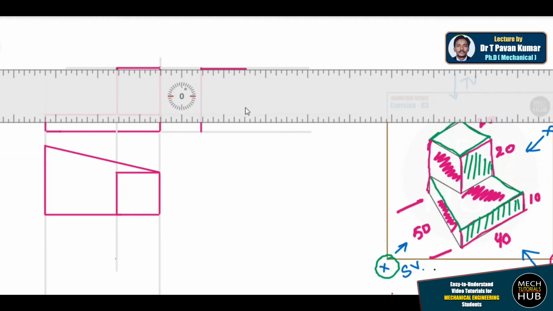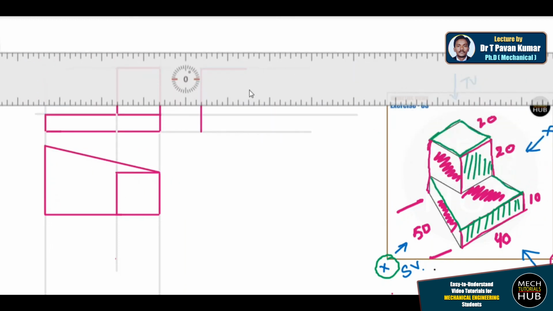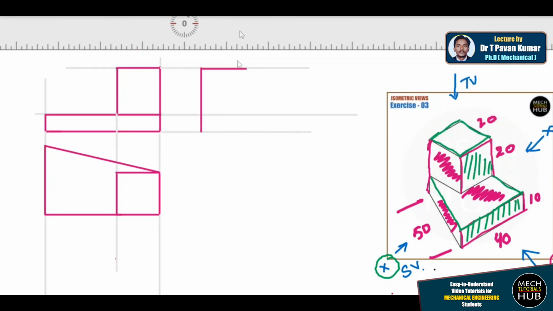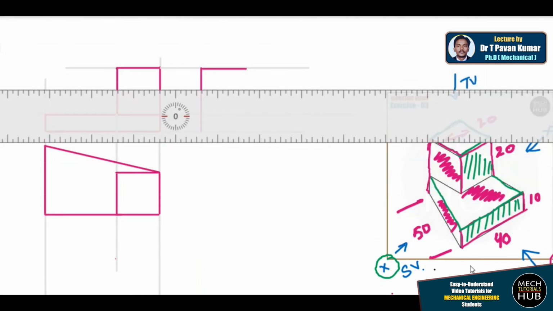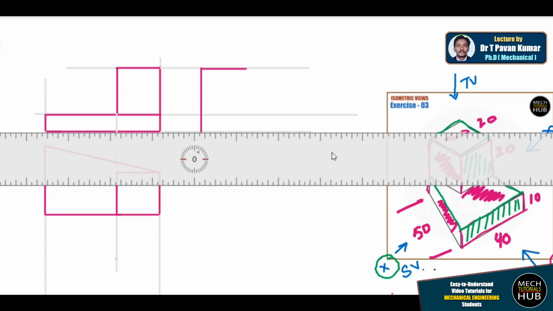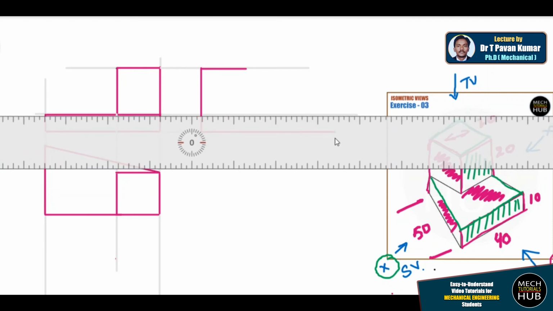Conventionally I'm dropping it. Similarly, this 20 mm line is nothing but this line, because this is what is visible from the front. This distance is not at all visible, so we can't show it. Whatever is visible we need to draw. This 20 is visible, I have drawn it, and this overall length of 50 is also visible. That 50 I'll figure out from here. If this is 20, 50 will be up to somewhere here. I'm drawing it conventionally, and there is a step, one more straight line till 50.